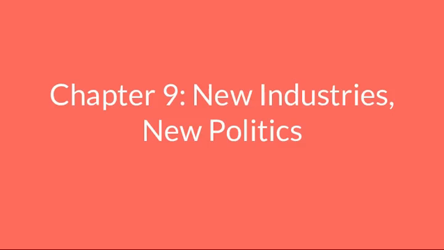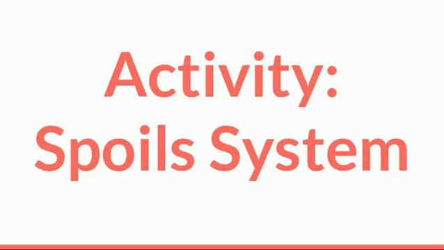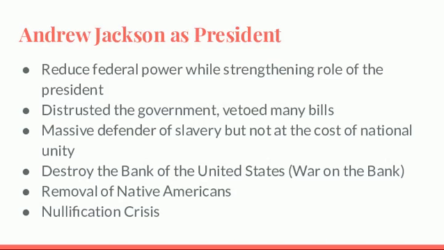Now, Andrew Jackson as a president. So things that Andrew Jackson did. So first, he reduced the federal power. That's probably his biggest one, as I would start that first bullet. He massively reduces the federal power, but makes the president have much more power. And really, it's because he distrusts everybody but himself. So instead of giving everybody else power, he only gave the power mostly to himself, because he's the one he's going to trust the most.